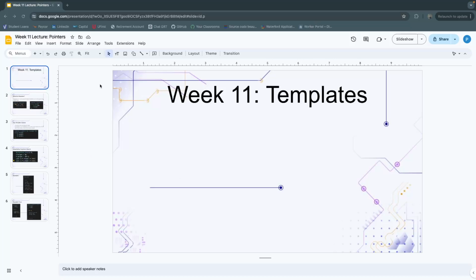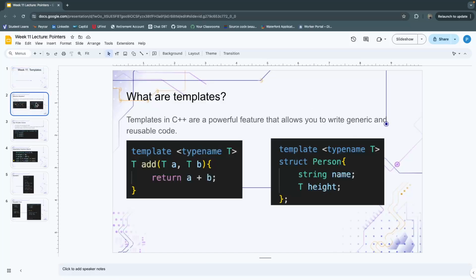So the cool thing about templates is they are a way for you to create generic and reusable code. If you remember a few weeks back when we learned about overloading functions, we learned that you could define a function, give it an integer data type, and then later define that same function, but maybe give it a double data type, and then you can call that function multiple times. Really useful stuff, but it took a lot of space, and it was kind of cumbersome,